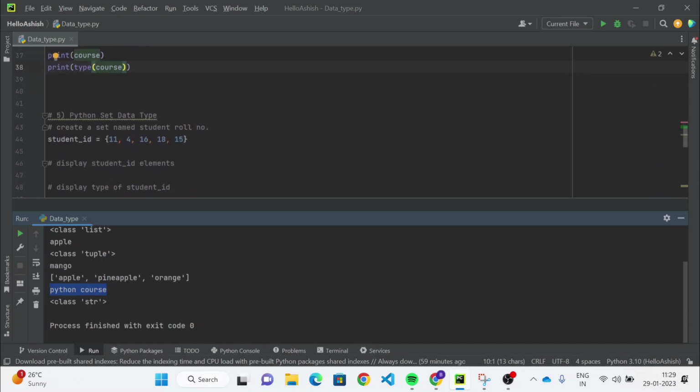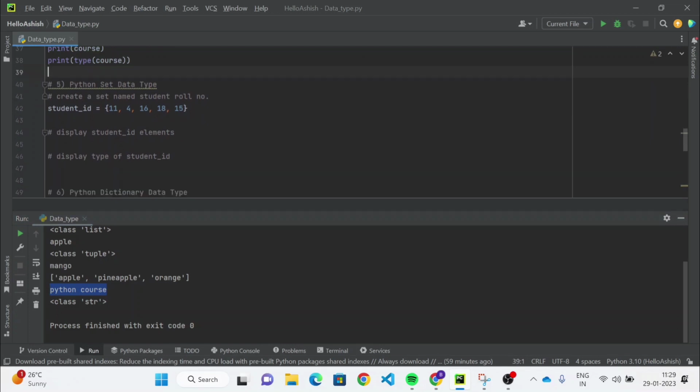And the next one is the Python set data type. So what is Python set data type? A set is an unordered collection of unique items, so it is not an ordered thing. As we have seen earlier, tuple and list are ordered collections of items, but sets are unordered collections of unique items.